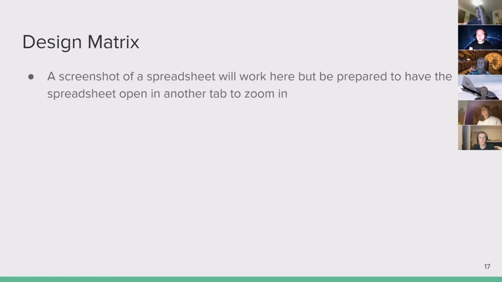Next thing is design matrix. We've talked to you guys in the past about doing design matrices. I know a lot of you guys are working on those now. This slide doesn't have to be much other than a screenshot of a design matrix. But anything you guys have like that, some kind of decision table, design matrix thing, please put it here, and you can run through what you